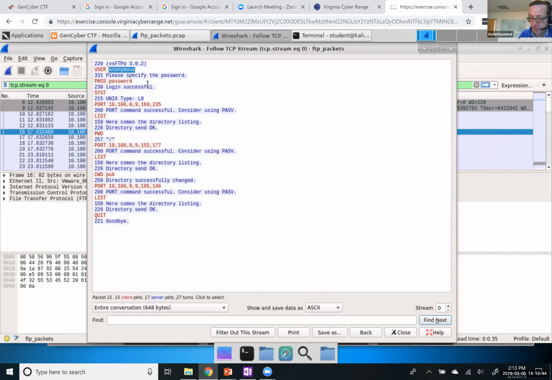The other interesting thing to notice when you look at this exchange is that this is all in the clear, right? You're seeing both the username and the password being shared in the clear over the FTP connection. Certainly not a good practice, but this is an old protocol that predates current concerns about network security. FTP is used less because of this very thing. Now we use protocols like SFTP, secure FTP, or SCP, which is secure copy, which uses the SSH protocol to send data back and forth between clients and servers.